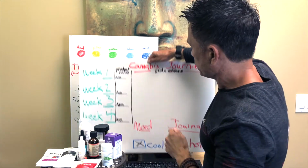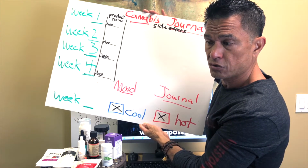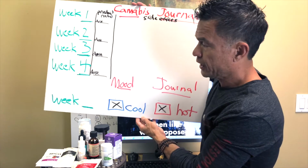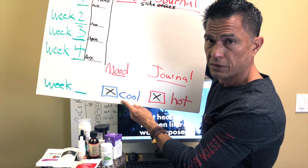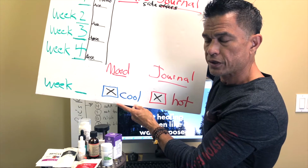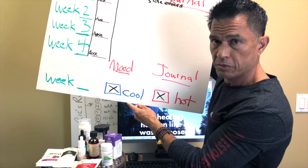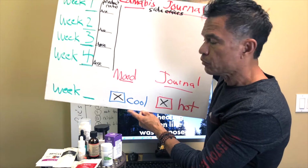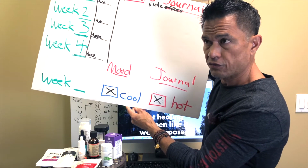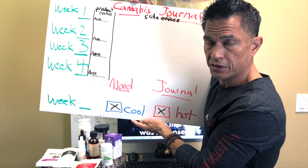So the other thing to keep, in addition to the cannabis journal that you keep private and you just get really good at knowing your products and how they work, is a mood journal. I thought about this because of one of my patients, because sometimes when we're dealing with pain, chronic pain especially, you can be grouchy, you can be anxious, you can be depressed. And when you play around with one of these products, or just medical cannabis, it will hopefully affect you in a good way. We're looking for side effects up here as far as how to dial in the cannabis product,